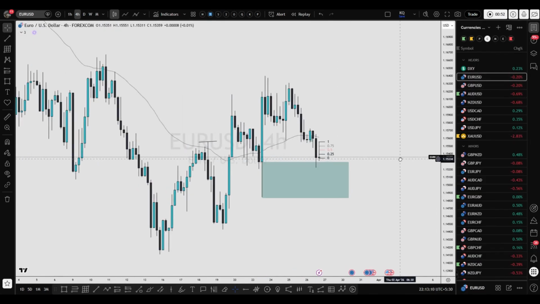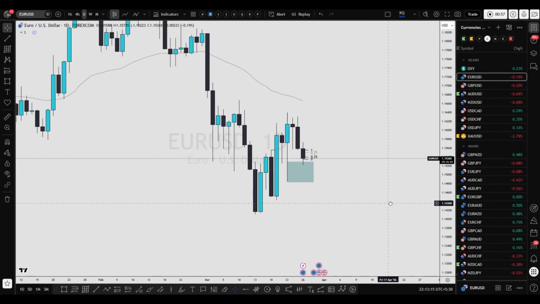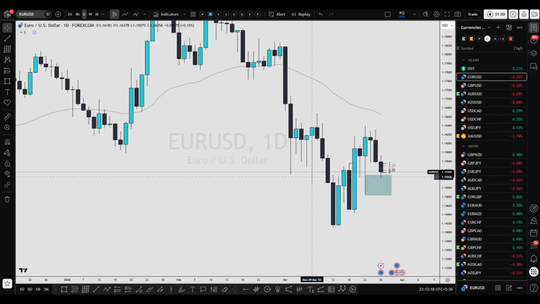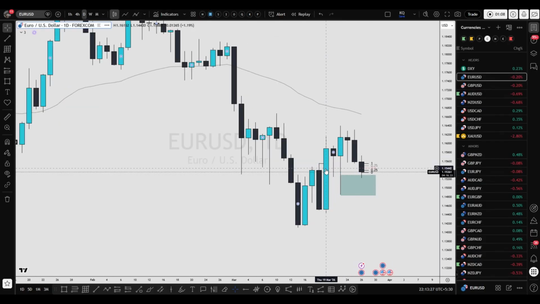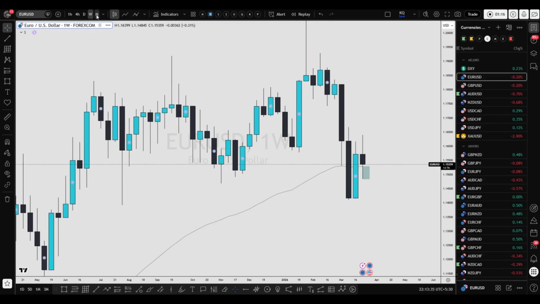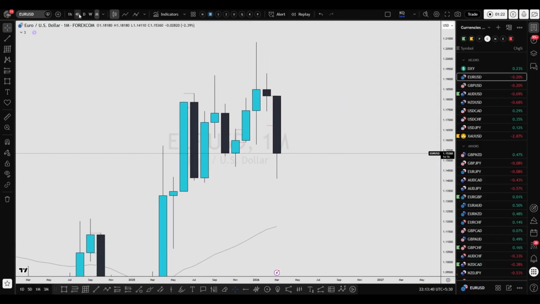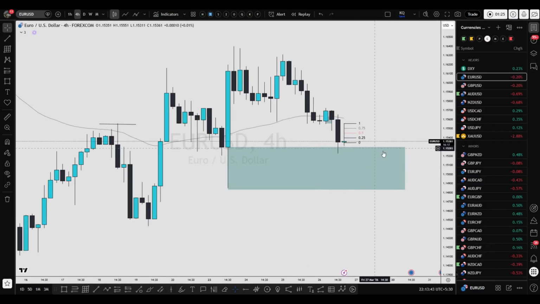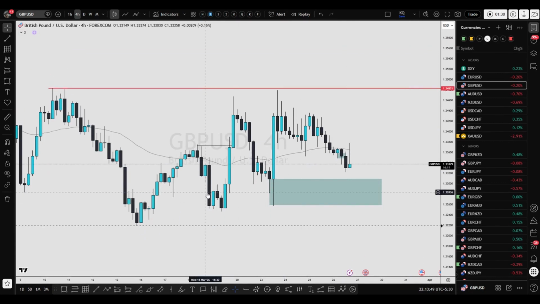I was also looking for longs in Euro USD, but I'm not gonna get involved in this trade because the higher time frames are not lining up. In daily, the last breakout structure was downside. We cannot consider this one as a breakout structure because this is not a proper swing high. We don't have lower highs on both sides of it. In weekly time frame, it's also a bearish breakout structure. In monthly, we are already in a bearish range. So even if we get some good rejection from this level, I'm still not gonna get involved in this trade.